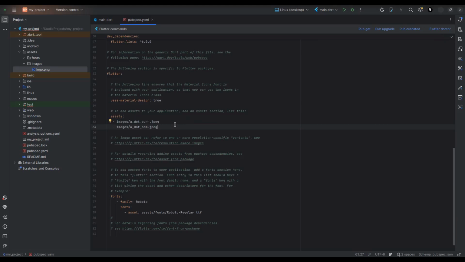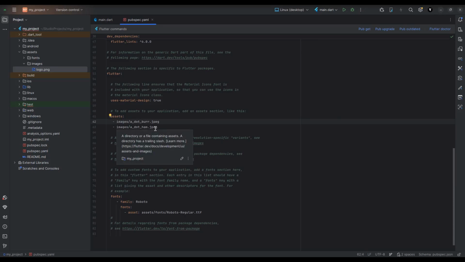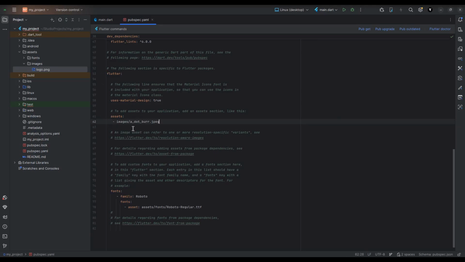After we've done that, notice that this Flutter is the parent, assets is indented 2 spaces, and the hyphens indicate a list item that is also indented another 2 spaces. The path inside must be exact relative to the project root. So our project root is my project, so the path for my image folder would be simply assets/images